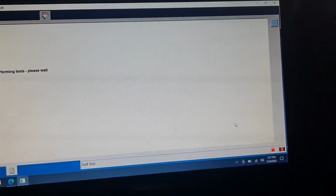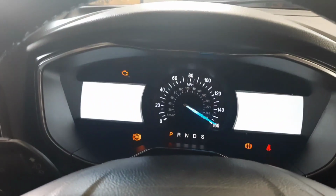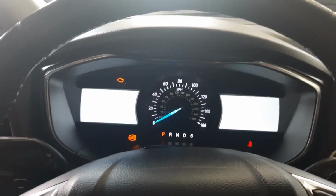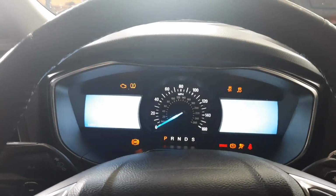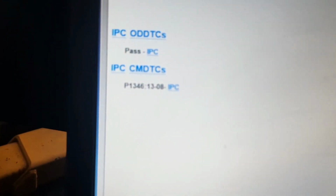Turn the climate off. There we go. It's doing its testing and stuff. All that fancy things there. It's beeping at us. It's being a beeping idiot right now. No, I'm just kidding. Okay,